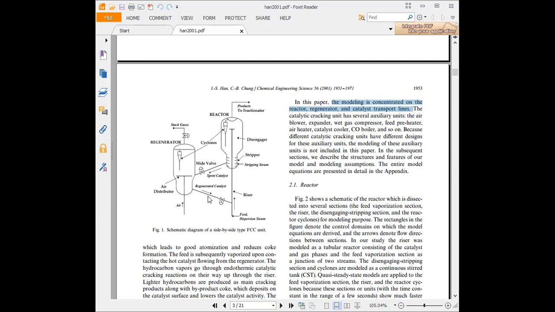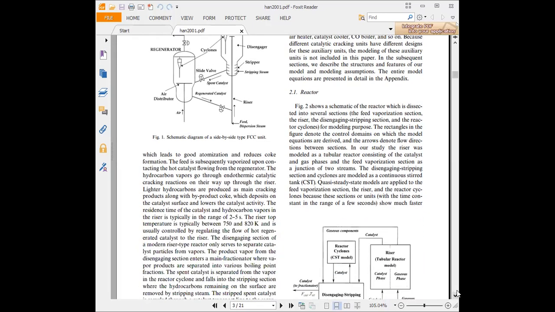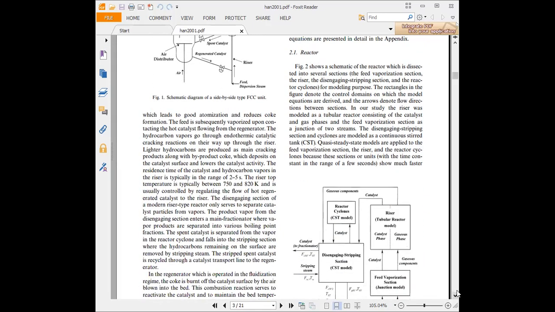Okay, so there are some auxiliary units as well, like air blower, expander, wet gas compressor, feed preheater, air heater, catalyst cooler, CO boiler, and so on. Okay, so structure and features, then assumptions, everything they have mentioned in their appendix. We'll try to explore it. I think I have not downloaded it, but I will ask you, as a part of your task in this class, to please go through it and try to download it. Okay, so